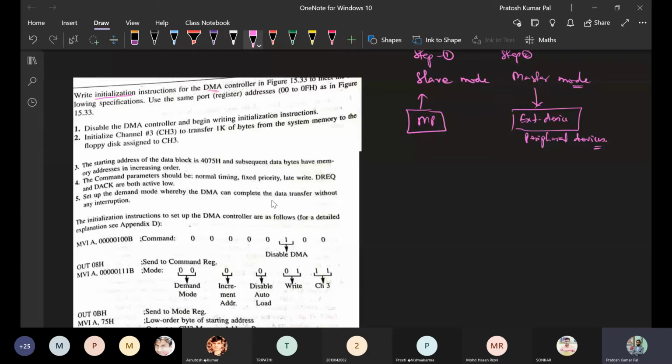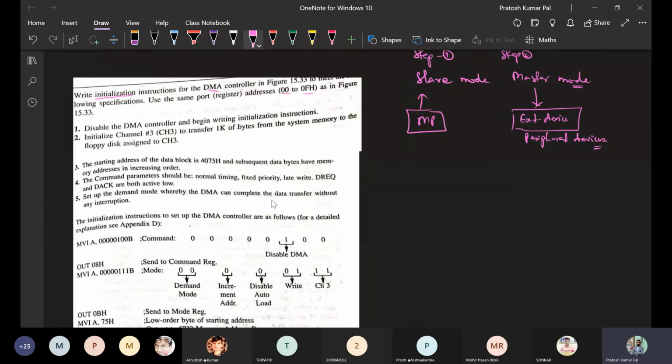Here initialization is done such that the following conditions should be met. Based on these conditions, how the initialization should be done: use of the same port or register address between 00 to 0F, as we have seen in the total register list.